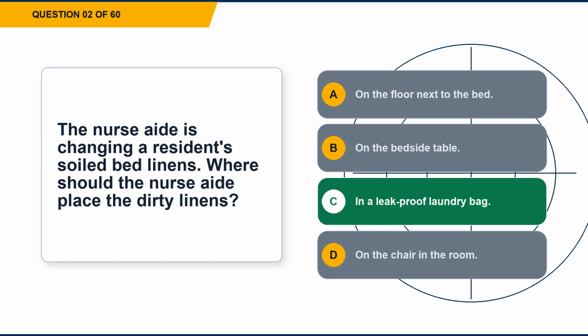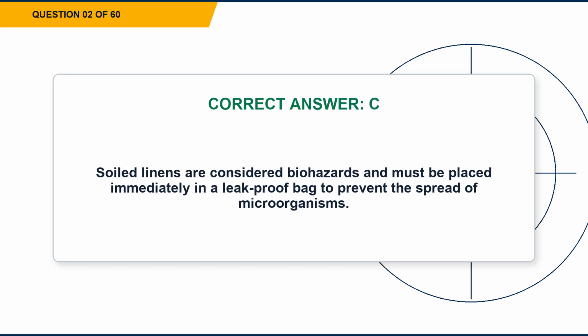The correct answer is option C. In a leak-proof laundry bag. Explanation. Soiled linens are considered biohazards and must be placed immediately in a leak-proof bag to prevent the spread of